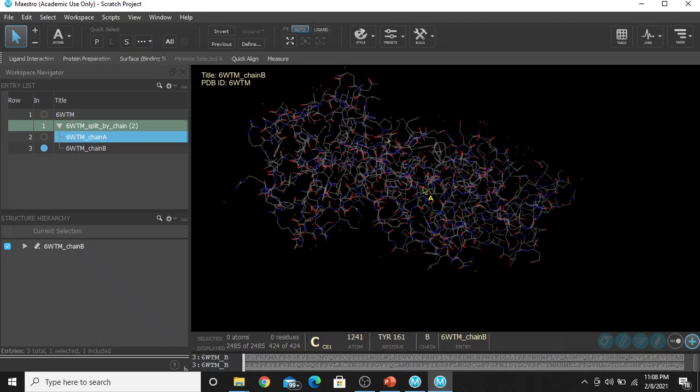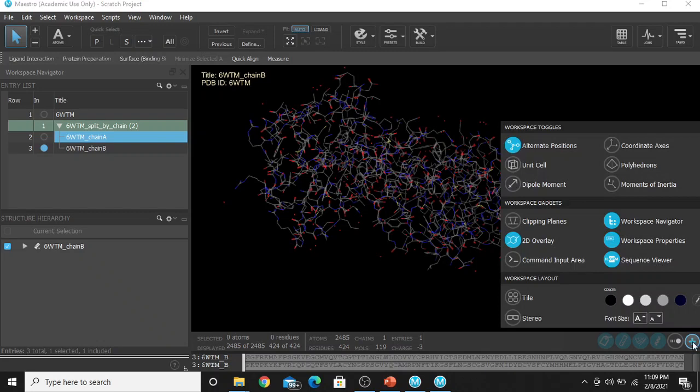Now if you want to do any option in this workspace, this circle should be selected. The other molecule will not be affected when you do the operations by selecting this in the workspace. Then you can change the background here for taking screenshots of images for publications or some projects. You can change the background.